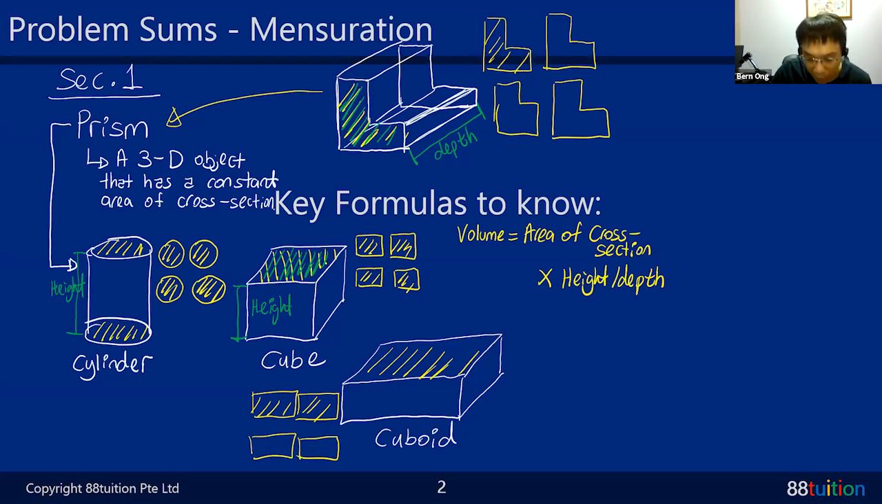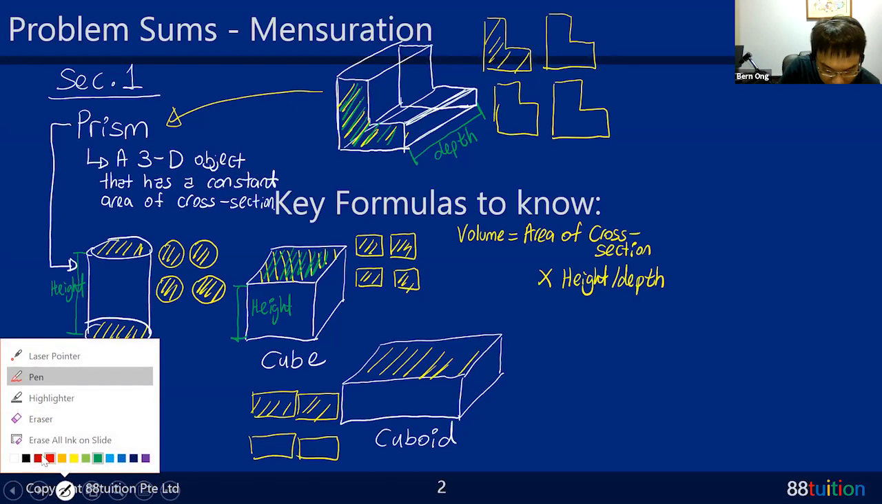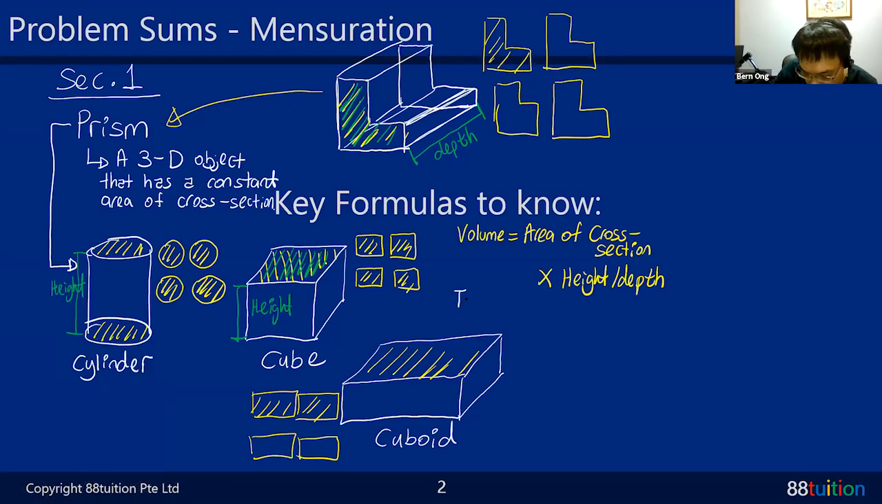Then what about something else called the total surface area? I think it's useful to introduce you to this formula. Total surface area is very long, but bear with me. Total surface area is equal to perimeter of cross section